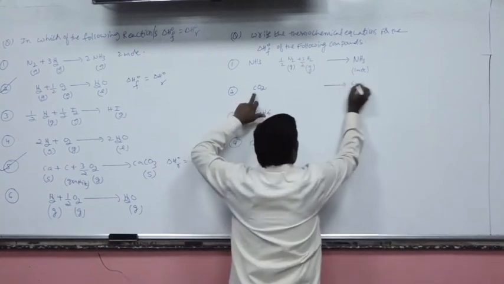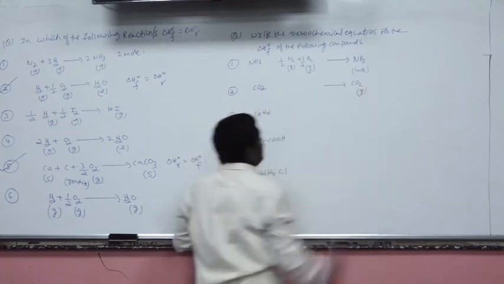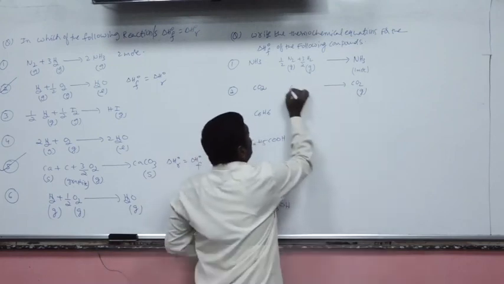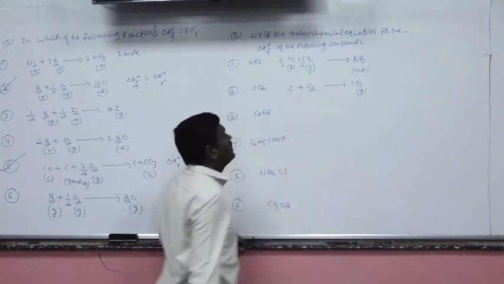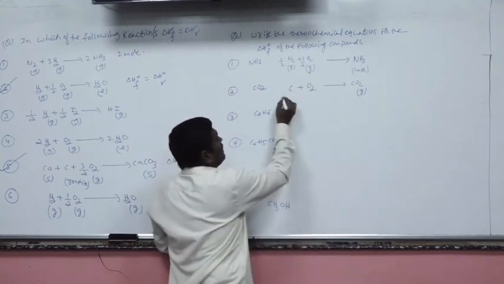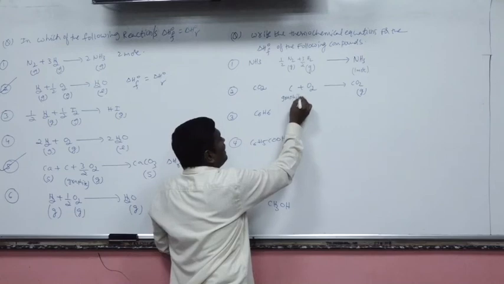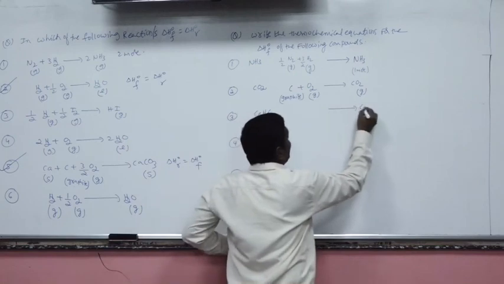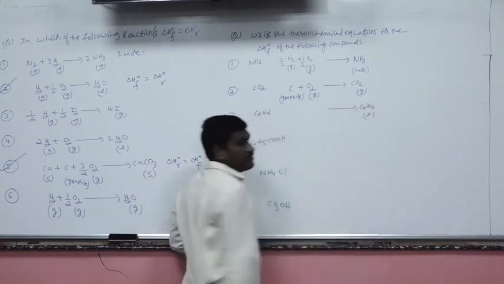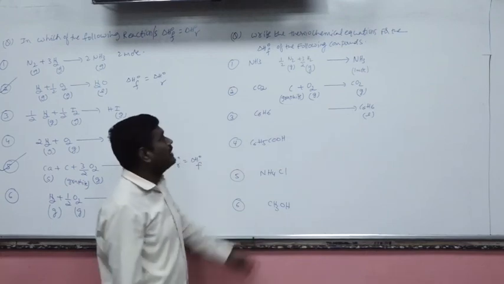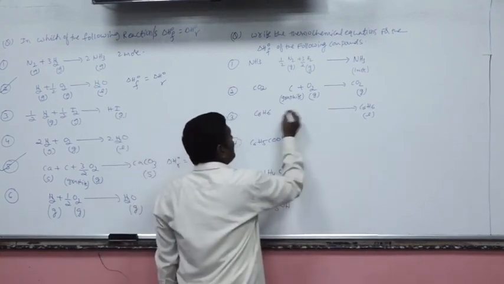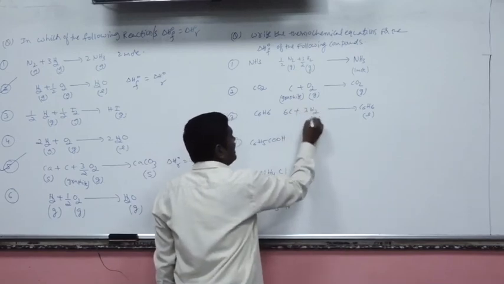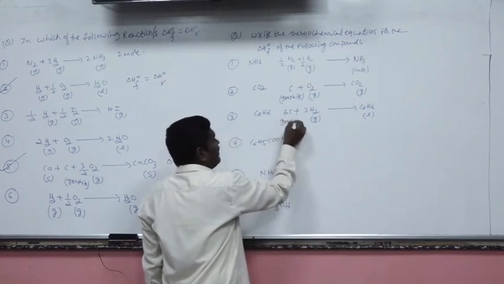So whenever standard enthalpy of formation is the question, please write the compound which has to be prepared on the right hand side. And remember, the compound must be 1 mole. Here 2 constituent elements are there, C plus O2. Carbon standard state, graphite. Now benzene. Do you know benzene is a liquid? At room temperature, benzene is a liquid. Now benzene has how many carbons? 6 carbons. How many hydrogens? Six hydrogens. Standard state of hydrogen and standard state of carbon.